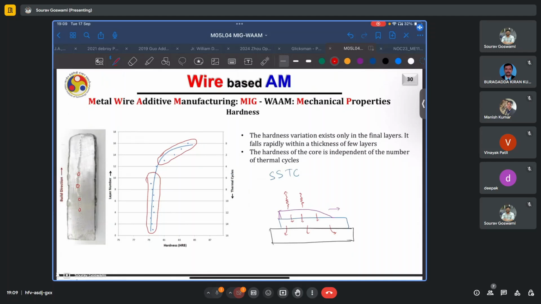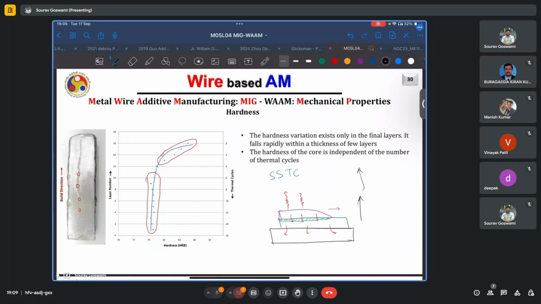Now, because of this conduction heat flow, and also because of the deposition of the next layer, some extent of dilution will occur in this previously deposited layer, and this small fraction of the volume will again be remelted and it will solidify again. This process continues as we continue building,